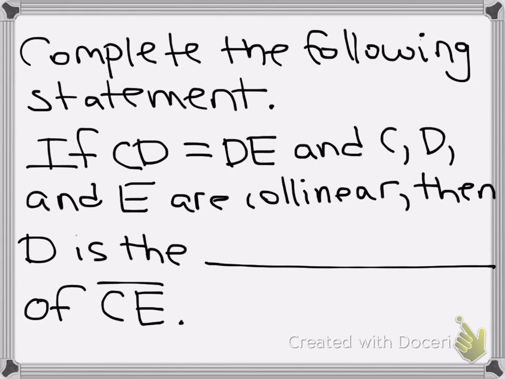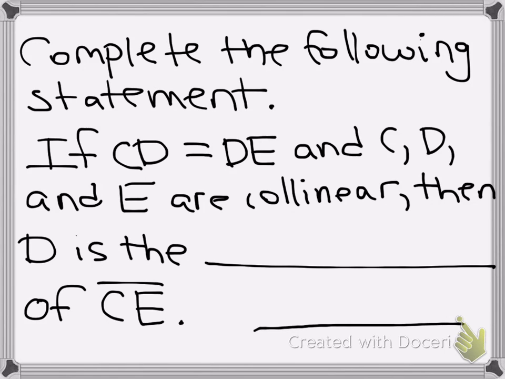The next statement we're going to fill in, it says complete the following statement. If you have CD equals DE and C, D, and E are collinear, which means they're on the same line, then D is the what of segment CE. So if we draw this out,